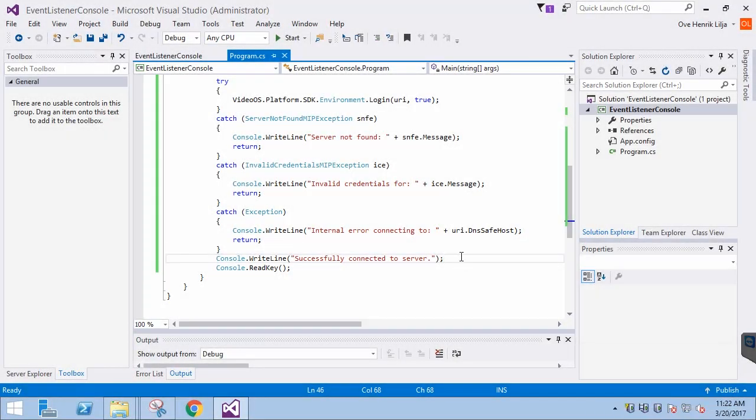First, let's insert the code to start the message communication and subscribe to the desired message.